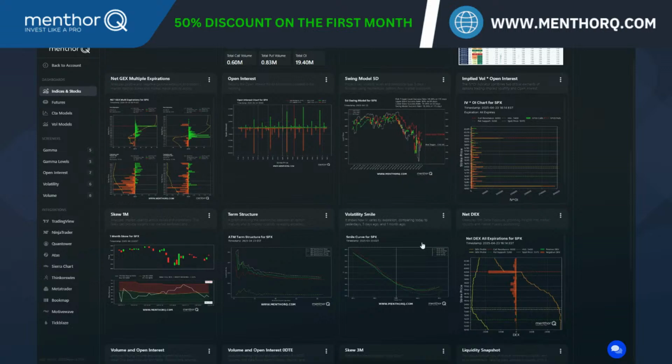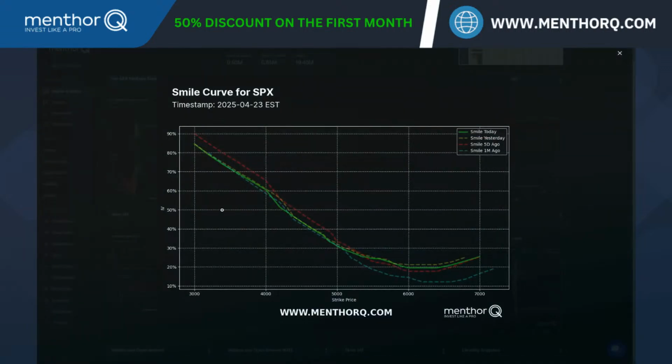Another thing I think is useful is really always looking at the volatility smile. So we can see here, this generally puts extremely high value. People are very nervous, and you can see the shape of this thing. And what's interesting to me is that